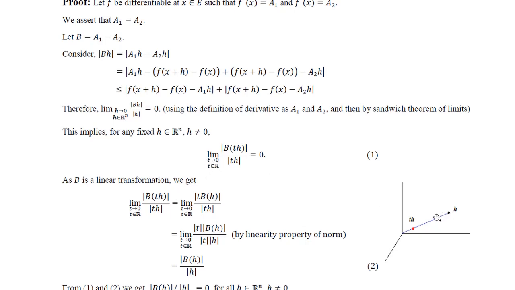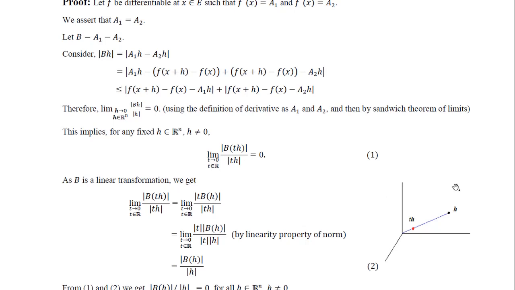So what will happen as t tends to 0, means the distance is coming to 0. So with this h and with this 0 of R^n, I have in particular made the case of R^3 here. So with this h and with this 0, h t when t tends to 0 will be this red point from here tending to 0. So that is how we have got not an arbitrary path as h tends to 0, but we have got that this limit is 0 in particular when h tends to 0 through the straight line joining h and the 0 vector. So that is in particular from this portion we have got this one.